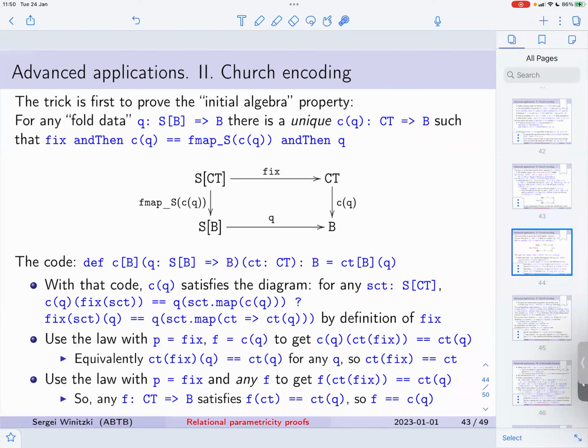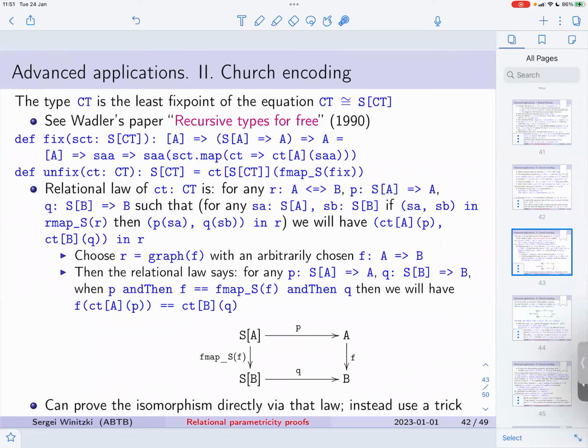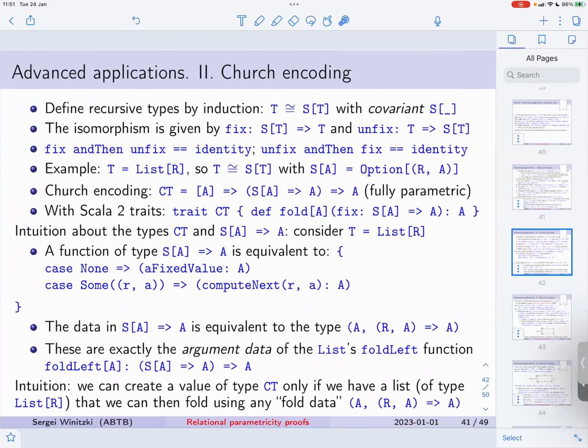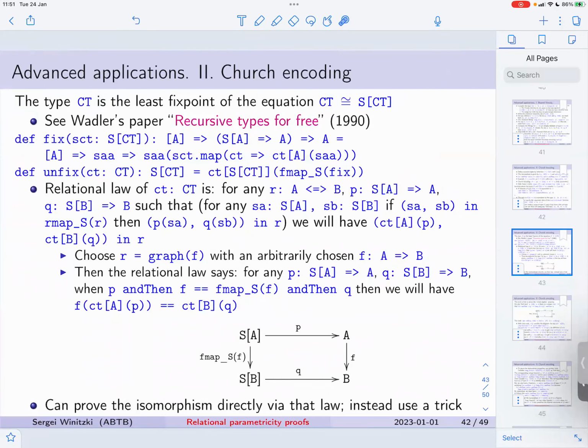then CT of fix of Q is CT of Q, and that's for any Q. So CT of fix is CT. It's an interesting property. But if you apply this function CT, well, any value of this type, if you apply it to the fold data given by its own fix function,